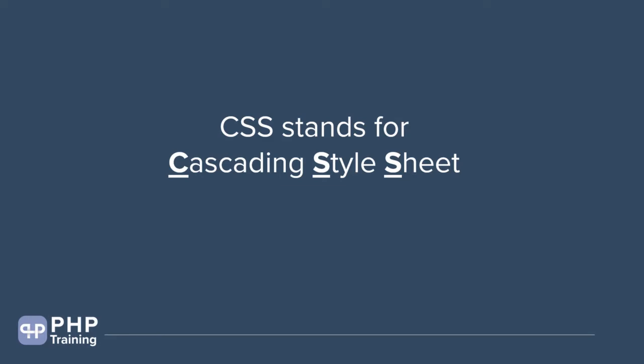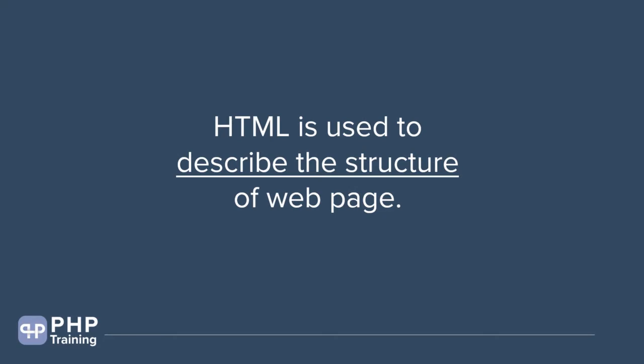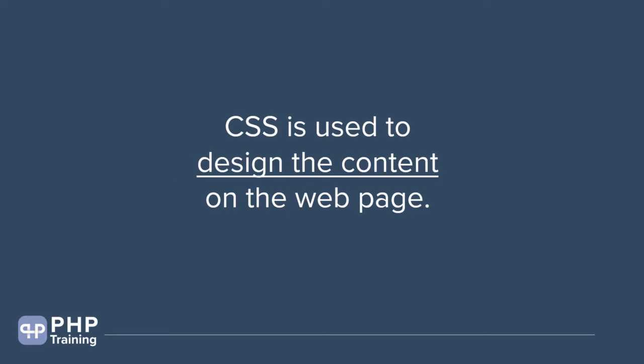Okay, so let's look at what is the purpose of CSS. We know HTML is used to describe the structure of the web page. Then what does CSS do? Well, CSS is used to design the content on the web page. So HTML does one job of structuring all the elements together. It doesn't do the designing part. The designing part is done by CSS. When I say designing, again, adding colors, laying out the elements in a proper format. You want the header to be on top, the footer to be on the bottom. You want the sidebars. All those moving of the elements on the page, increasing the font, decreasing the font, changing the color of the fonts, adding all those styles to your page is done via CSS.